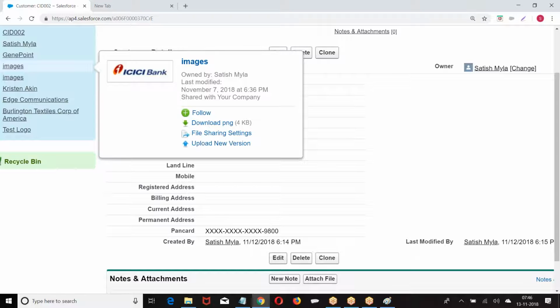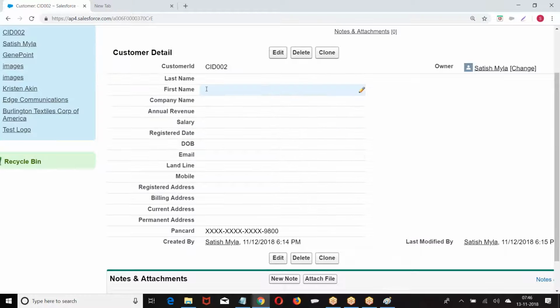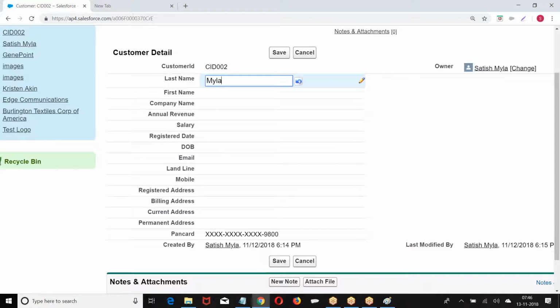Now who can see this data? By default, no one can see this field. If I want to see the field in original format, you need to have a permission called view encrypted fields. Right. Now, look at the format. I gave some data here.